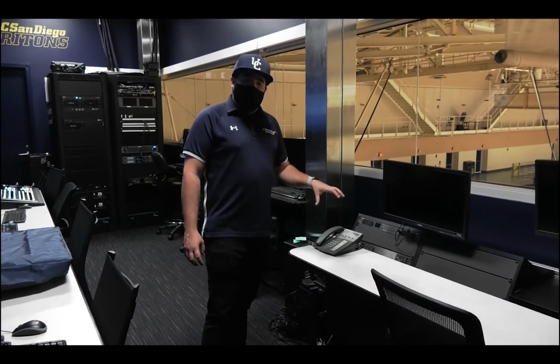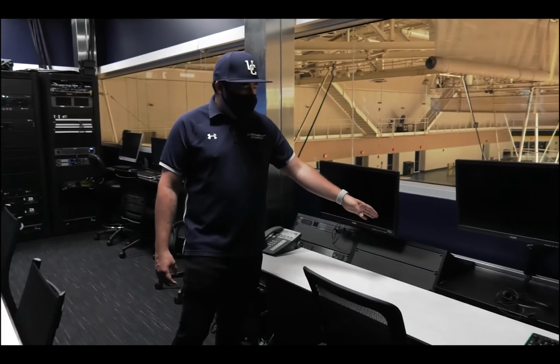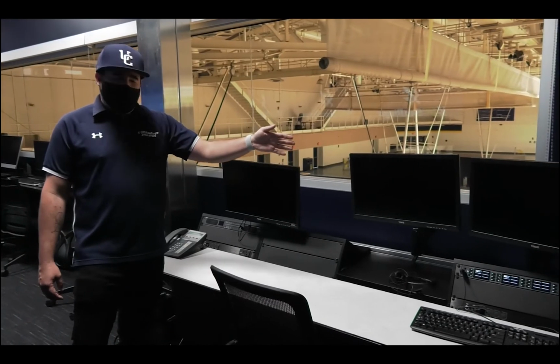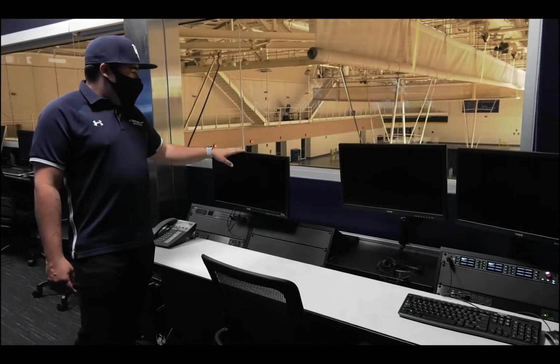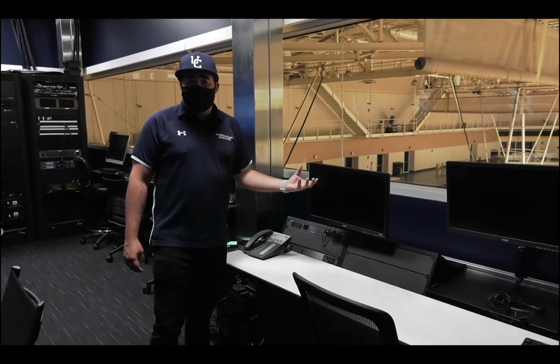So once we're back in office and once this is fully operational, I will have a docking station right here, which I will put my laptop in, which can control these 2 monitors over here. And then this monitor over here is able to tie into the production as well. So I'm able to pull in multi-viewers, I can monitor feeds, and I also have network access to all of our